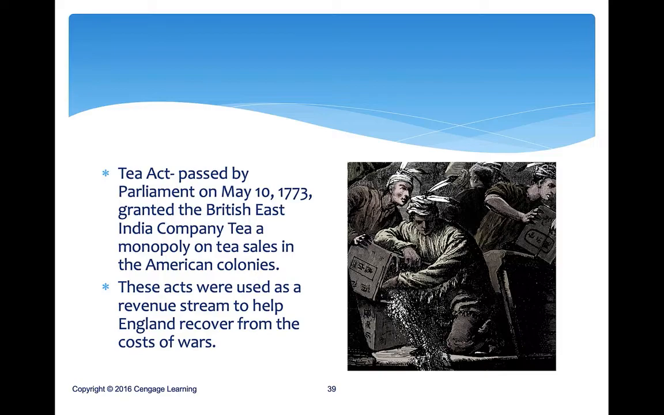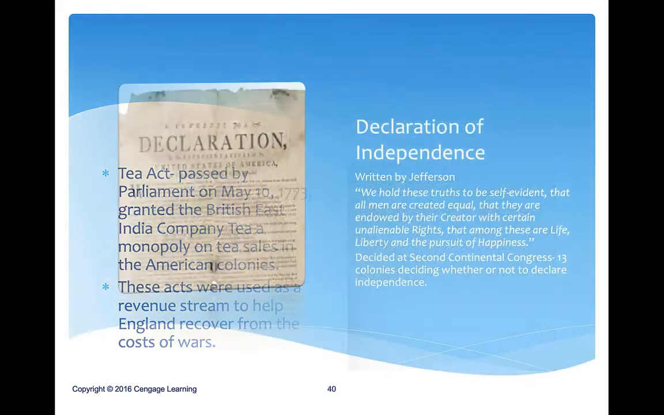Kind of the tipping point was the Tea Act. This was passed by English Parliament on May 10th, 1773, and it granted the British East India Company tea a monopoly on tea sales in the American colonies. And remember, when we have a monopoly, at times, businesses that are monopolized can charge as much as they want. Right? This was used as a revenue stream to help England recover from the cost of the French and Indian